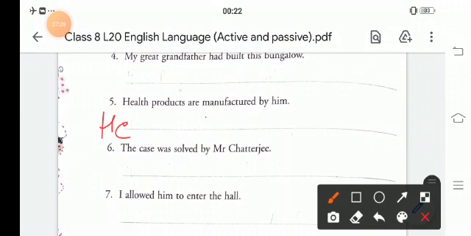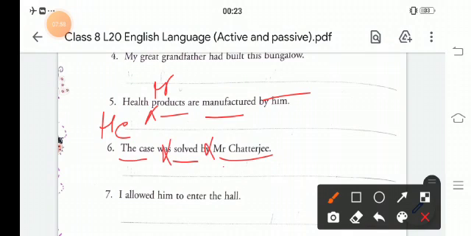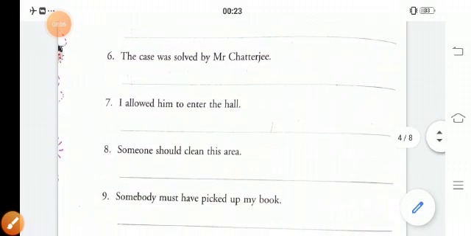He manufactured healthy products. Now sixth one, the case was solved by Mr. Chatterjee. Simple sentence will be Mr. Chatterjee solved the case. Now seventh one, I allowed him